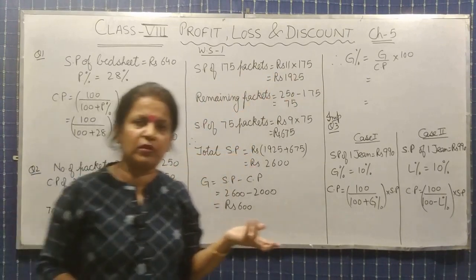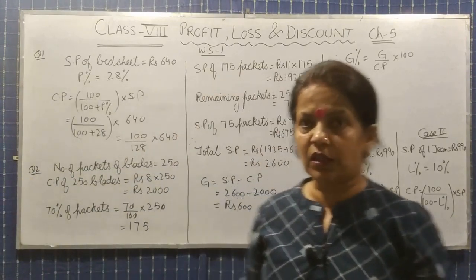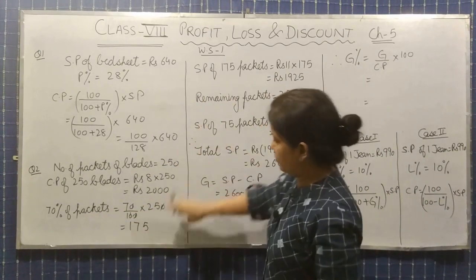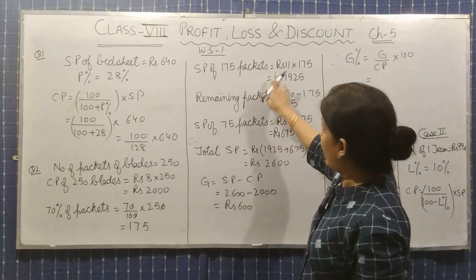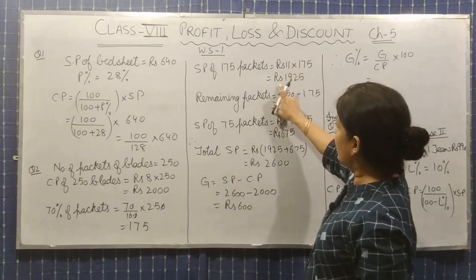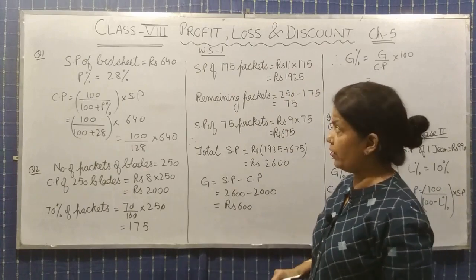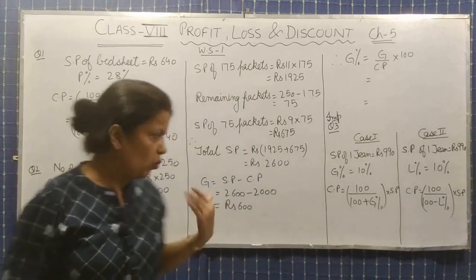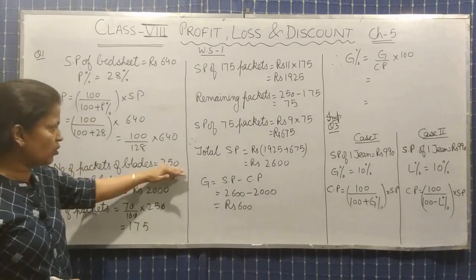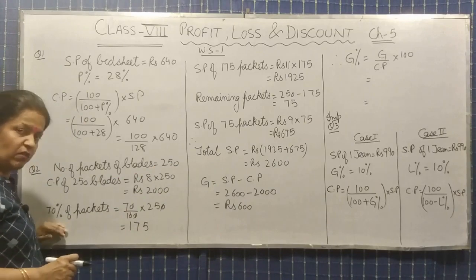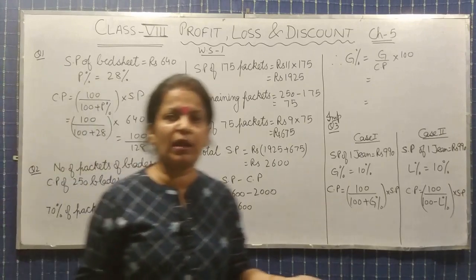70% of packets की selling price कह रहा है, that is rupees 11. तो हम क्या करेंगे? First we will find out its selling price. We will find out the 70% of the packets. So that is coming as 175 and 11 rupees per packet. So the amount will be rupees 1925. Now, the remaining packets, what should be the remaining packets? Total packets are 250 and 175 packets are 70%.